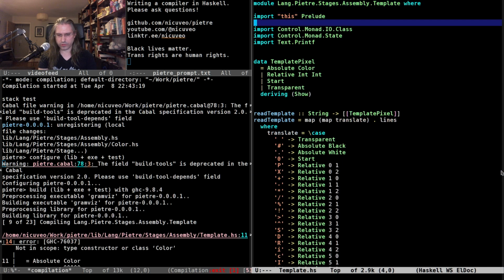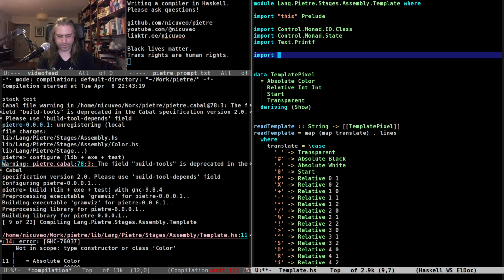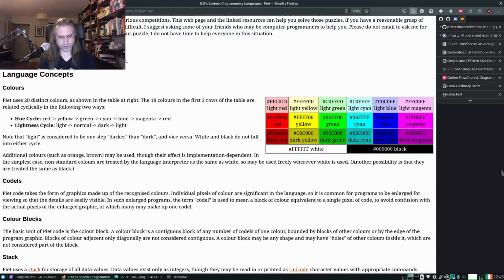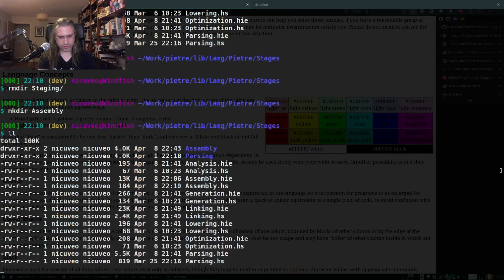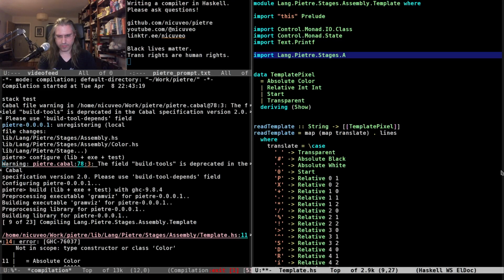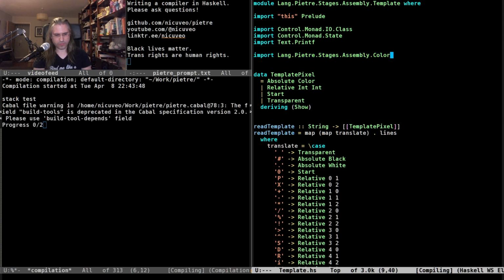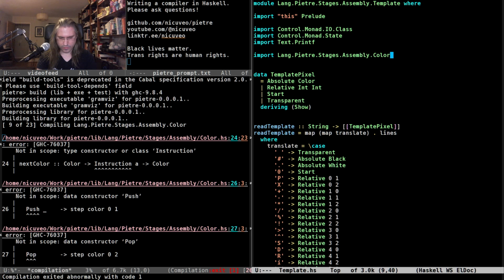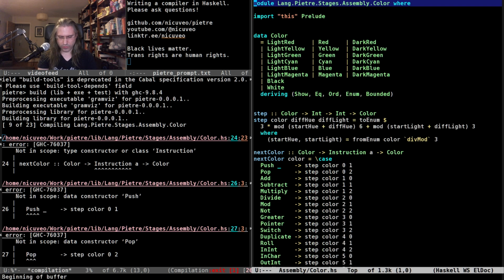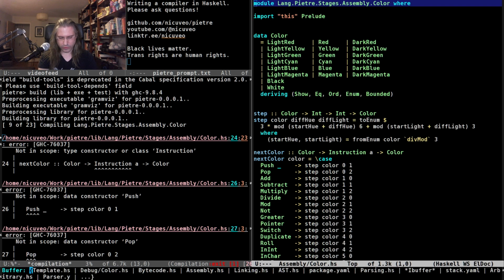This requires color is actually in stages. As, what do you call it? Assembly, yeah. And this needs, of course, where is the previous assembly file here?